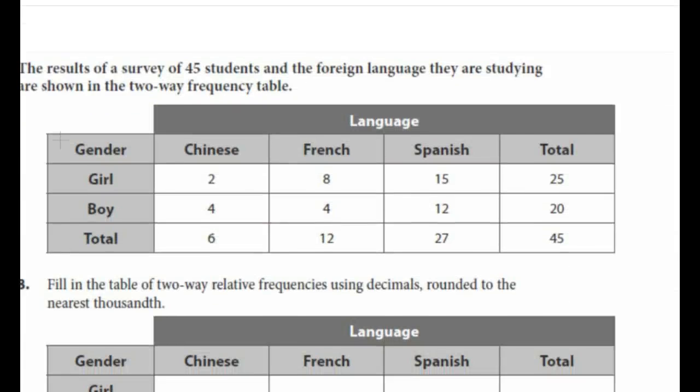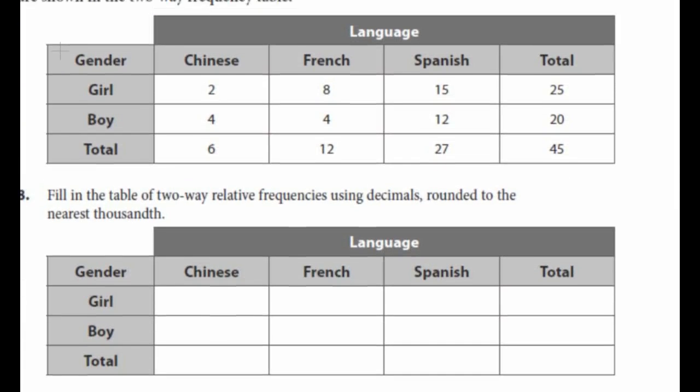Alright, so that's about it. Let you guys do 8. It's based on this one. It's a little bit bigger. You got 3 languages, a boy and girl, so we gotta convert all that. What does it say to round to? Thousandths. How many decimal places is that? 1, 2, third decimal place. So when you get your percentages, they should be like 24.3%. There'll be 3 numbers in your percentage. Other than that,